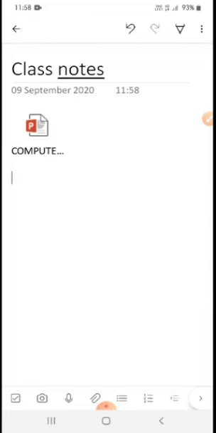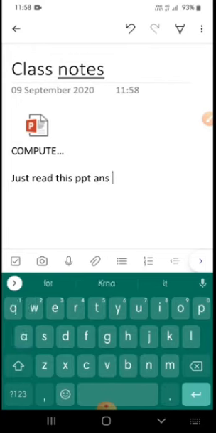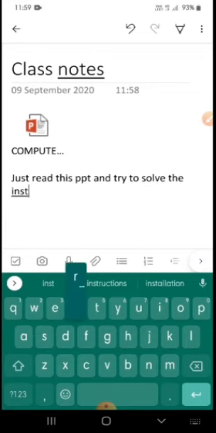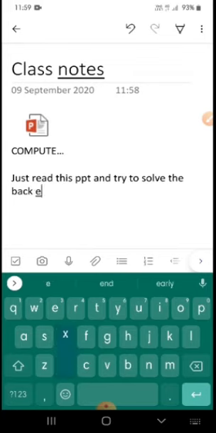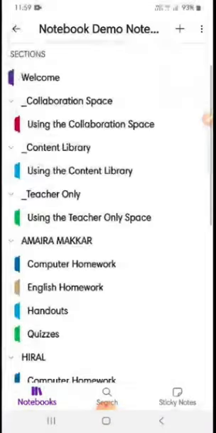It will depend upon your internet connection how much time it will take, because these are the notes, that's why I have attached this file. Or you can type the message whatever you want to give. This is the read only content for the students. Students cannot modify this. So this is my class notes.